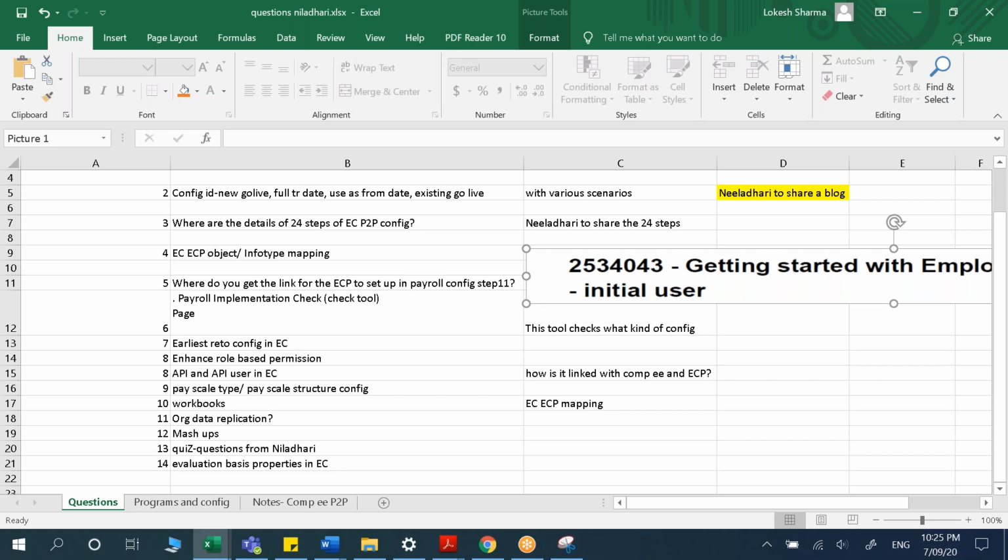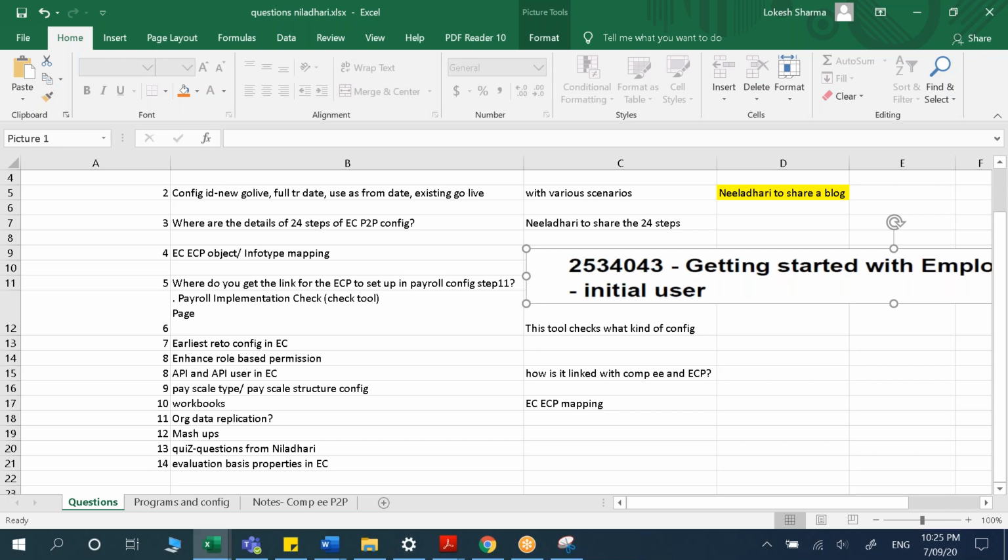You know what I'm referring to or not? Exactly. If you're clicking that link, it will redirect to the payroll control center or whatever the web link you are providing. Those can be configured. Even I configured the same thing in my client. But where is it found, that link?